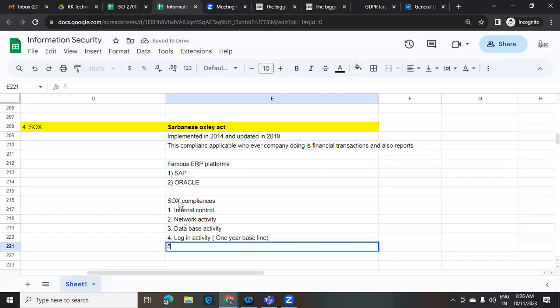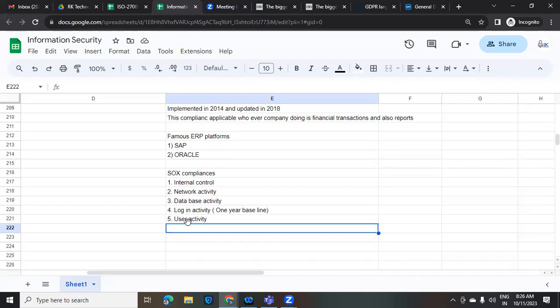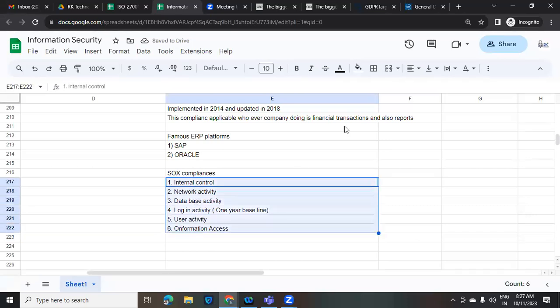Next one is user activity. In case you are creating any user accounts in the databases of the ERP platforms, what actions have they done at the database level over a one-year time period? For that user activity, we have to gather the evidence from the security point of view. Last one is information access: how they are accessing the ERP platforms or data. So these are all the compliances that will fall under